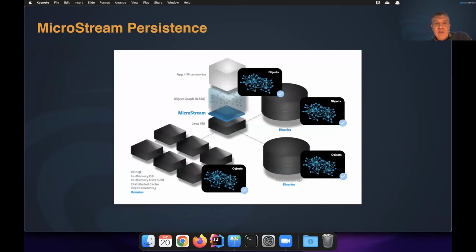So instead of having a different representation of your data outside of your Java process, we can actually store an object graph, so an interconnected set of Java instances, in a binary format externally. It can be on disk, it can be as a blob in a database, it can be as a blob in a distributed cache or event streaming or any kind of other solution. So it is much easier,